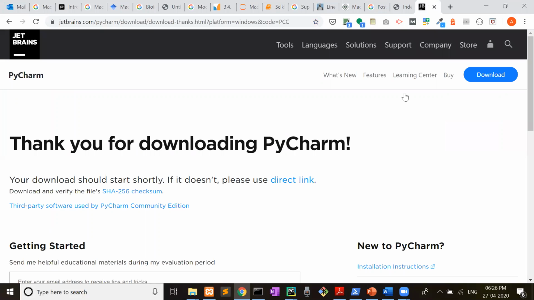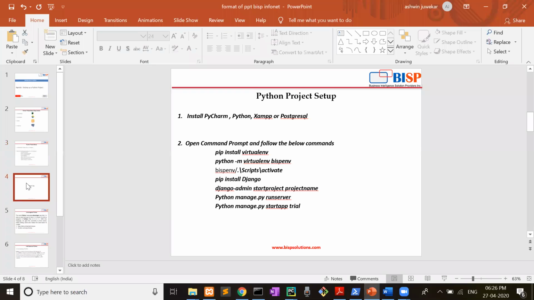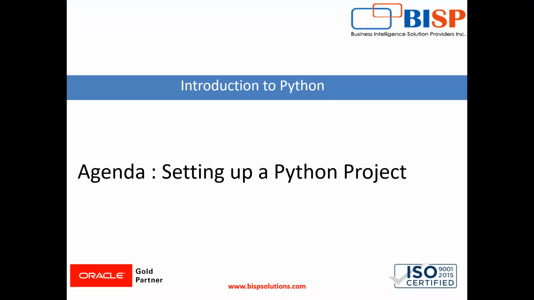Now this is all about the setup. And where can we get the software of PyCharm? From here you can download the PyCharm software and Python. I have already shown you. So this was all about setting up a Python project. Now in our next video, we will see how database models, database tables are set up. We will set up some tables inside the database, and then we will render from one page to another page. That we will do in our next video. Till then, thank you.